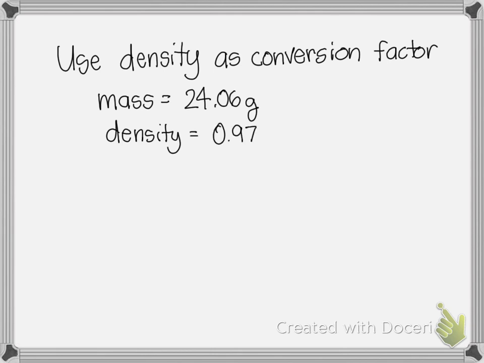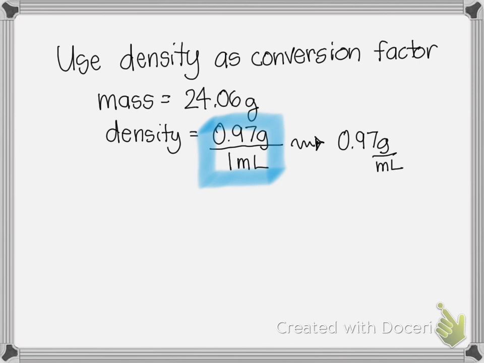Now, density means that you have this many grams, 0.97 grams in 1 milliliter. Like when we write it and when we say 0.97 grams per milliliter, but what it is representing is the number of grams in 1 milliliter. And so if you look at this right here,